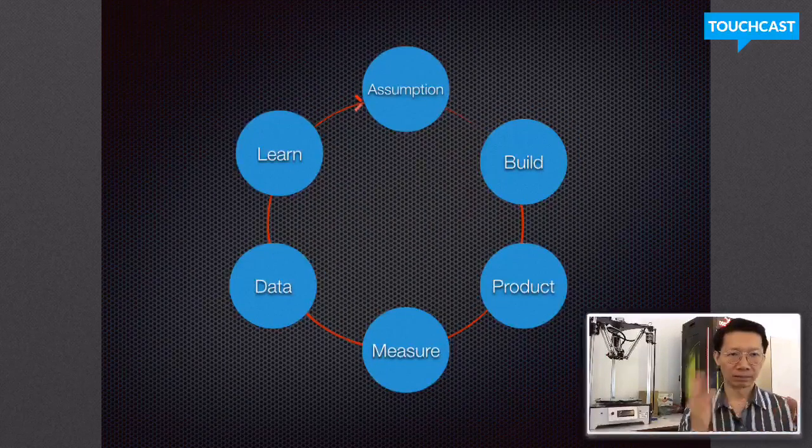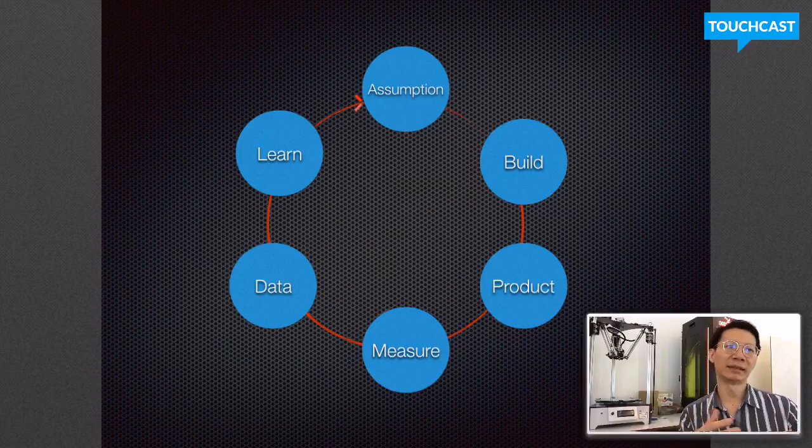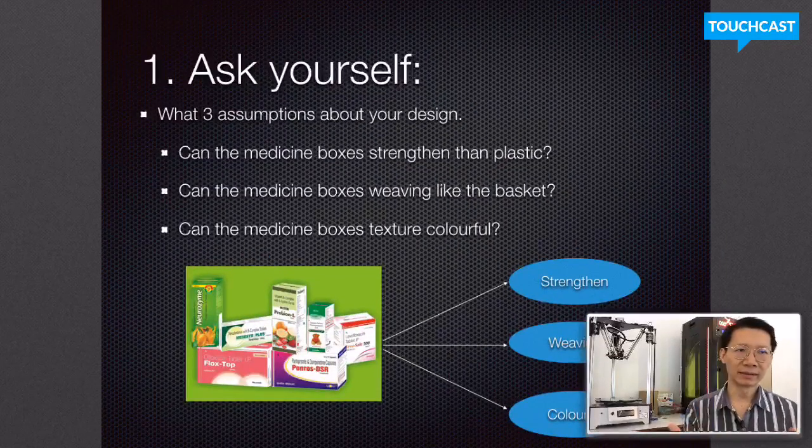So this is a really simple framework: just start from your assumption, then you build it, make a product, measure its effectiveness, and collect the data. Then you improve the process or the learning process of the experiment. If it's okay, you get the outcome, but if it isn't okay, you may change the assumption. At the beginning, you might need to ask yourself, for example, what are the assumptions about